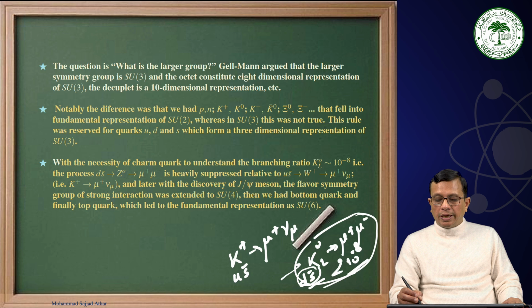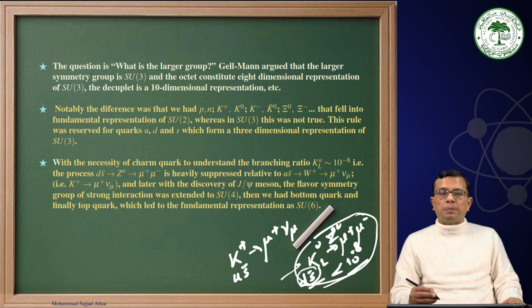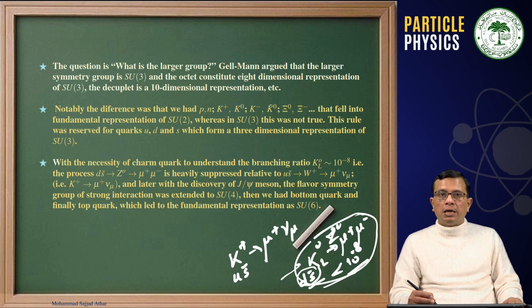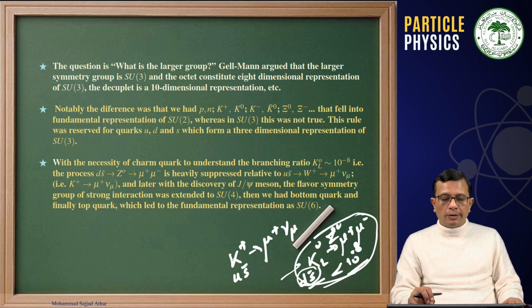Such a process takes place via Z0 exchange. Therefore, flavor changing neutral currents are not possible. Therefore, the important point was that a charm quark was proposed by the mechanism which we call today the